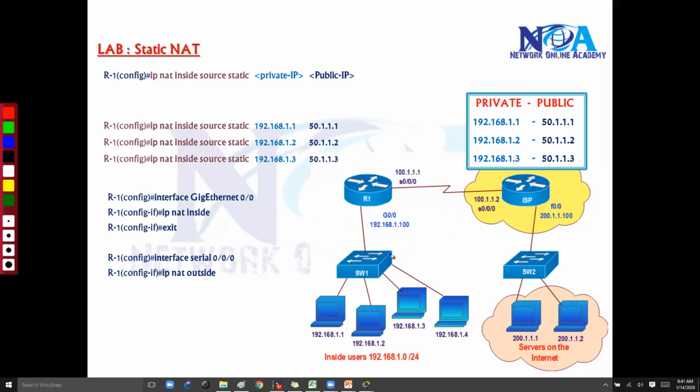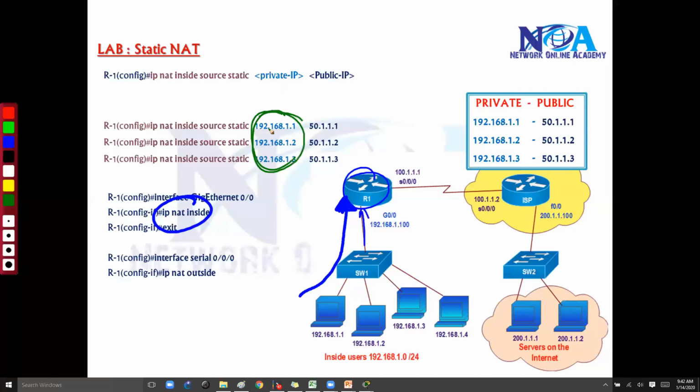What I'm saying is, whatever packets are coming from your inside interface, when the packets are initiated from this receiving interface, if you are receiving any traffic from this interface, and if the source address is any one of these addresses in this range, so if it is 1.1, then translate this to 50.111 when I'm sending it back on the outside interface.